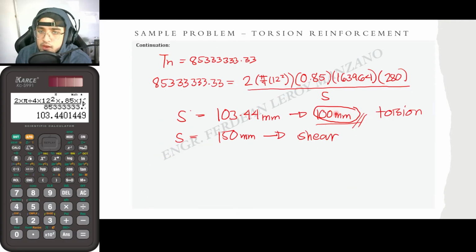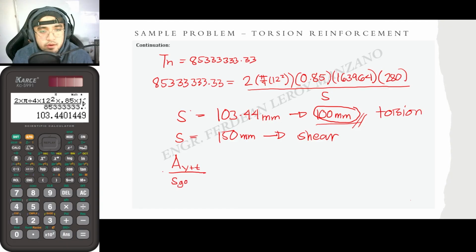So meaning that we will not be adding 100 mm and 150 mm, since if we would be adding them, the spacing is now equal to 250 mm. Rather, we would now be getting its kind of the inverse average of sorts. So what I would be doing here is that, let's say that this is now the total area for both shear and torsional bars, and I will be dividing this by the governing S. So this is now equal to the area for the shear bars divided by the S for shears plus